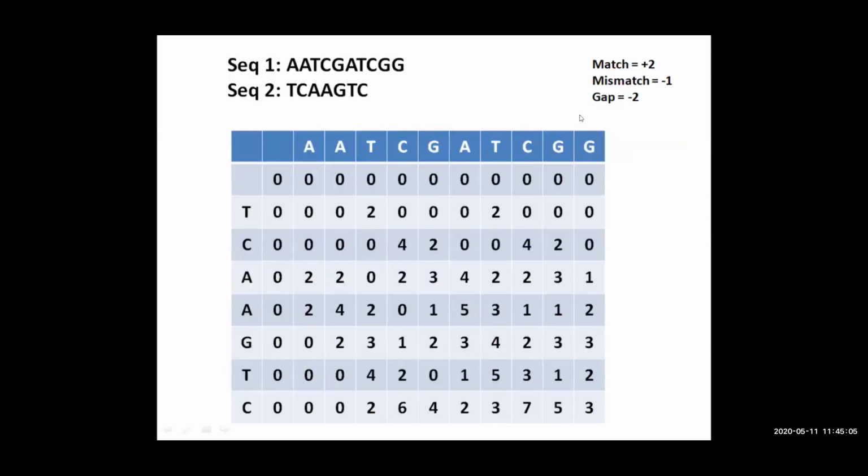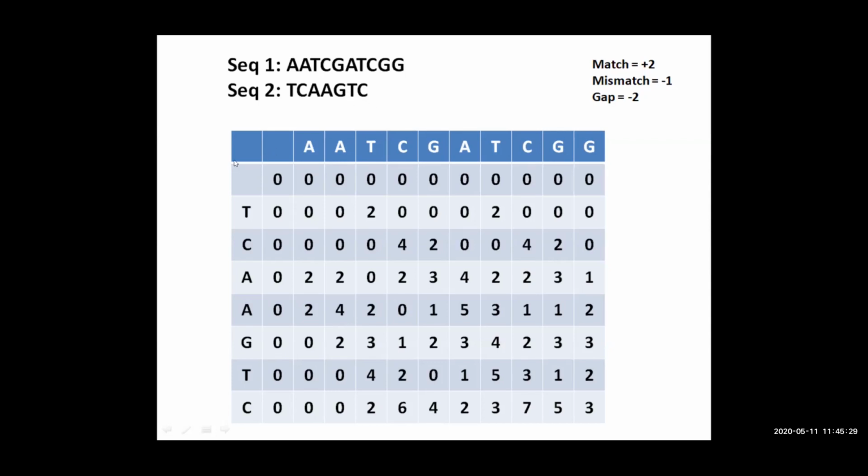Now here, certain other changes we will make. Suppose these are the two sequences that we want to align. As I said, normally in the case of local alignment, one particular sequence is lesser in length compared to the other. And in that case, we do go for local alignment. You see here, this is the shorter sequence, this is the longer sequence. We are going to align it.